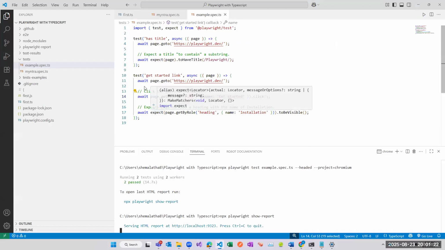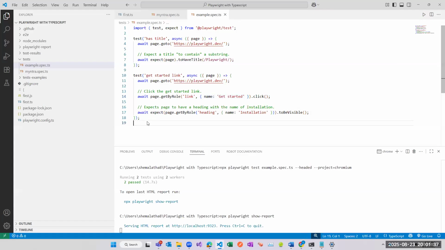For example, I have one test to open the page and check whether the installation is there or not. If I want to write another,